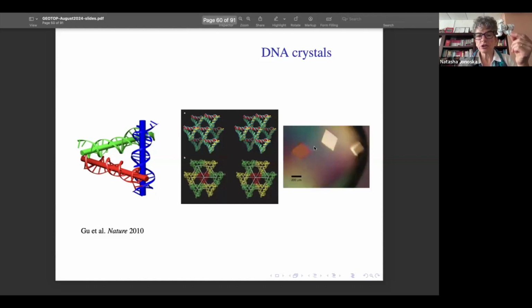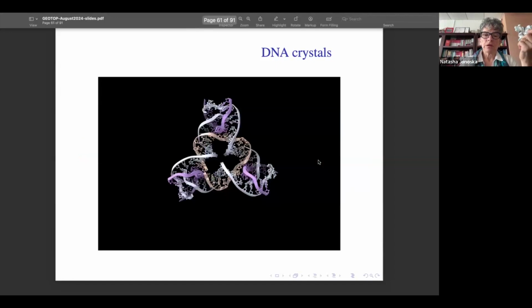And the crystals are actually quite large. These are 200 micrometers. Some of them were so large that they were visible by the naked eye. So this is the image of the DNA crystal. I want to point out, I don't know if you can see, there are 3 helices, 1 in every direction. So let me go back and